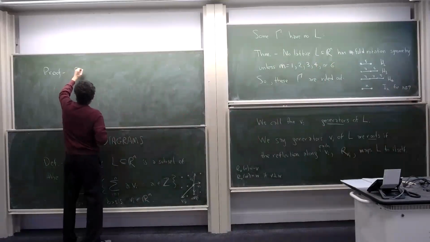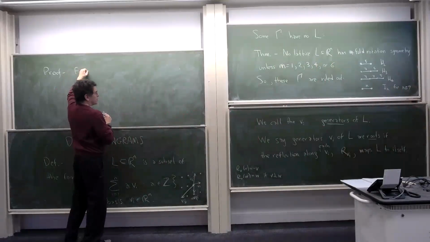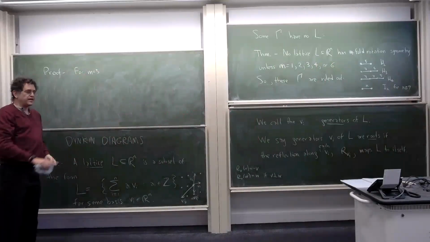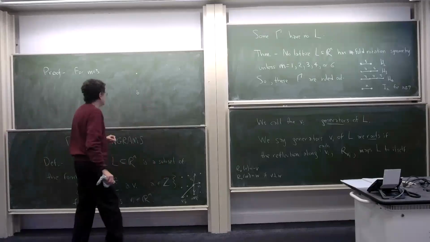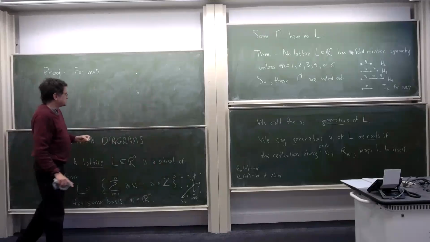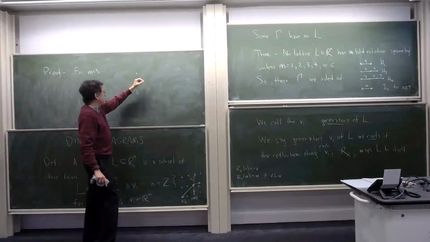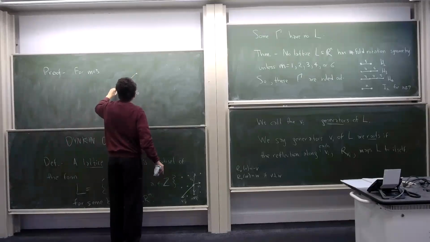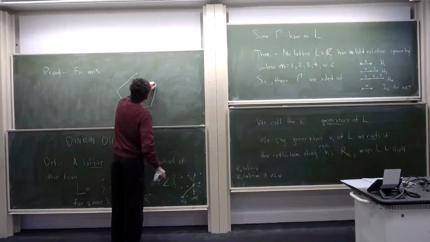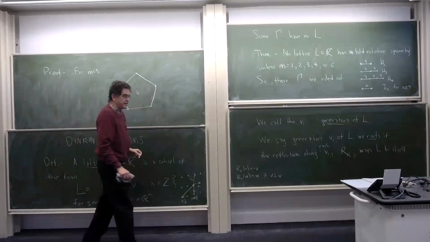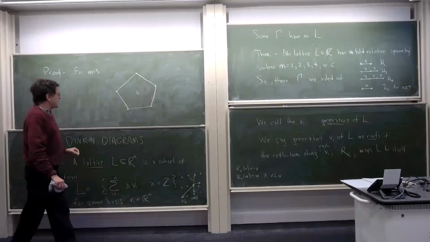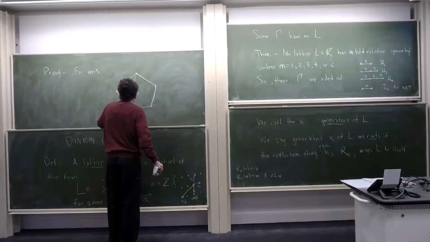So here's the proof for n equals 5. I'm just going to draw the case when the dimension is 2, but it automatically covers the other ones for what I said. Suppose we had a lattice with 5-fold symmetry. It would have a vector in it, and then you could rotate that vector and get a total of 5 vectors. So it would have to have all these points in it, right? And then what you can do is draw this,